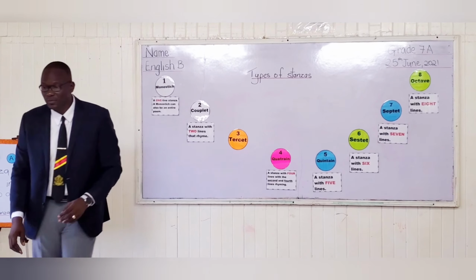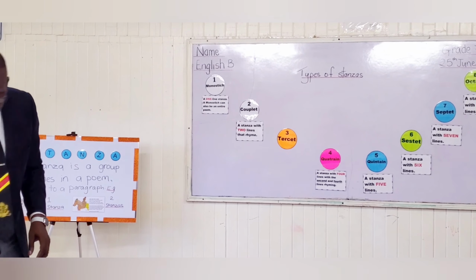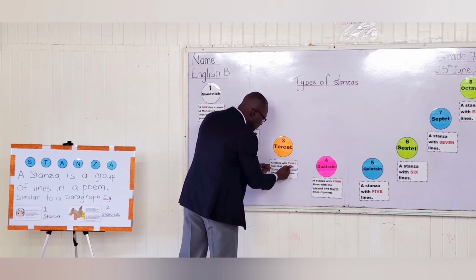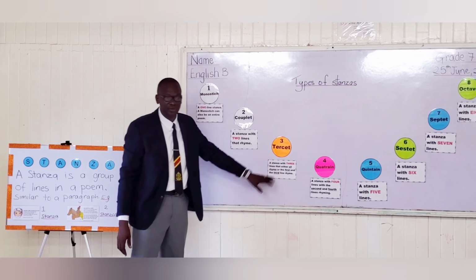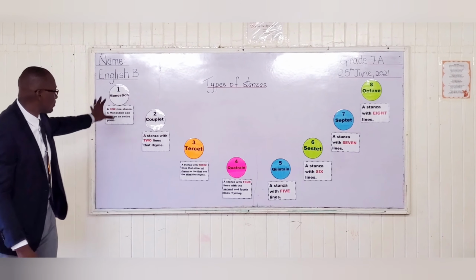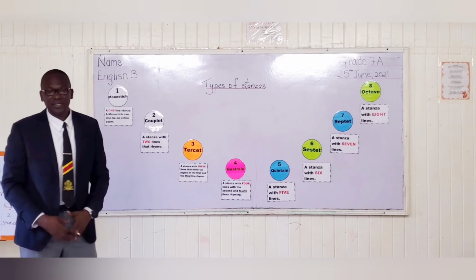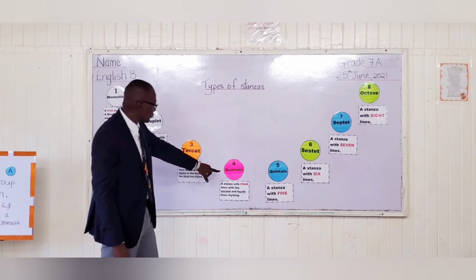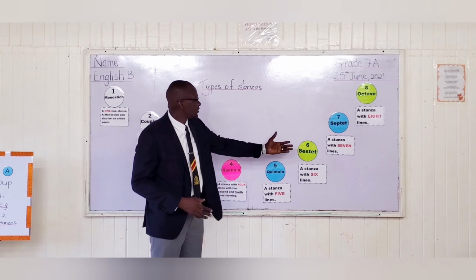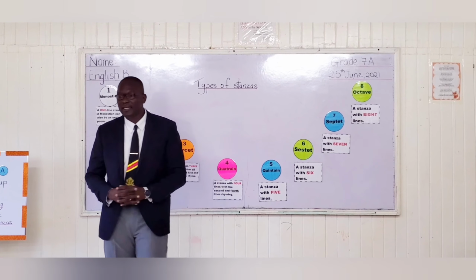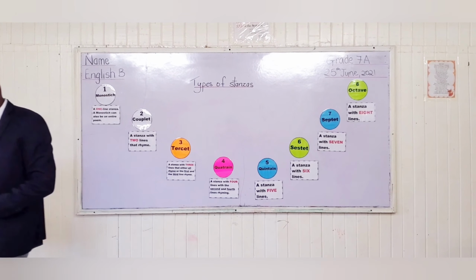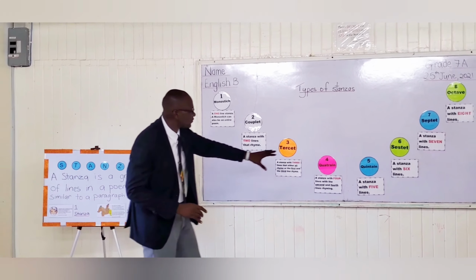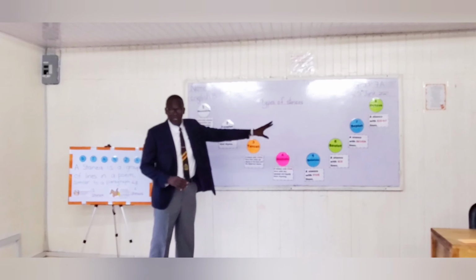And of course, the final one is the tercet, and this is a stanza with 3 lines that either all of them rhyme or the first and the third line rhyme. And so these are the basic types of stanzas that we have: monostitch, couplet, tercet, quatrain, quintain, sestet, septet, and the octave. All right? So now that we have a good understanding of all these different types of stanzas, I